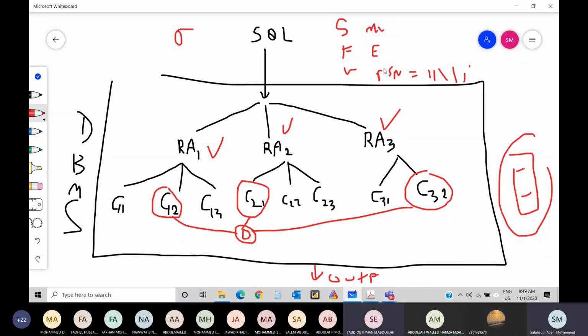Yes. Or this? You need two. Both. Right? So I need this to filter the rows, which is only SSN equals 111. Also, I need this to filter only the name. So that's what I mean. A SQL statement can give you many relational operators, all of them together. That's what I mean by that. Okay? Is this clear, guys?